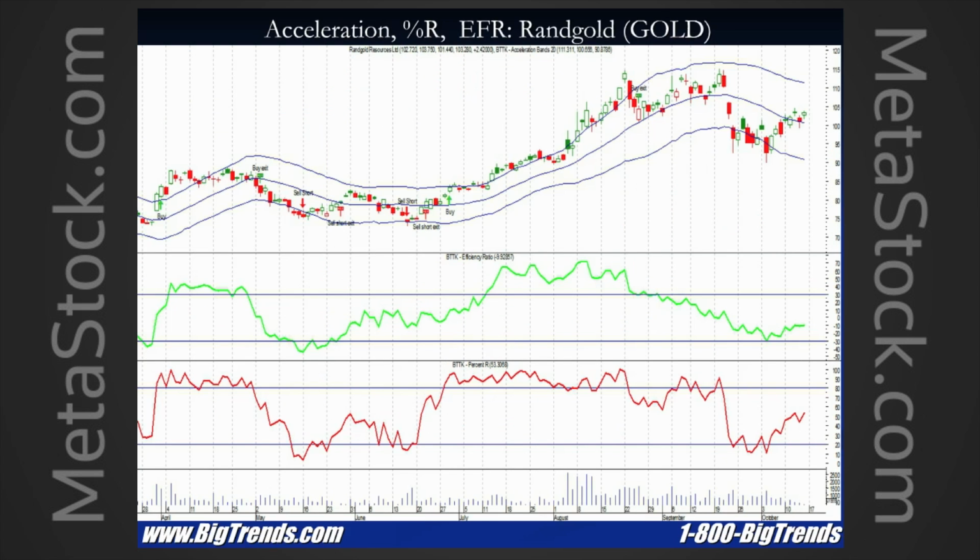Another favorite gold name of mine for the last 4 years, basically since 2008, has been Randgold Resources. Randgold sold a bunch of their mining interests, then bought rights in other mines. So they're even more leveraged to particular moves in stocks and in the gold sector, and they can really benefit if gold gets going. We can see in this case that happens,